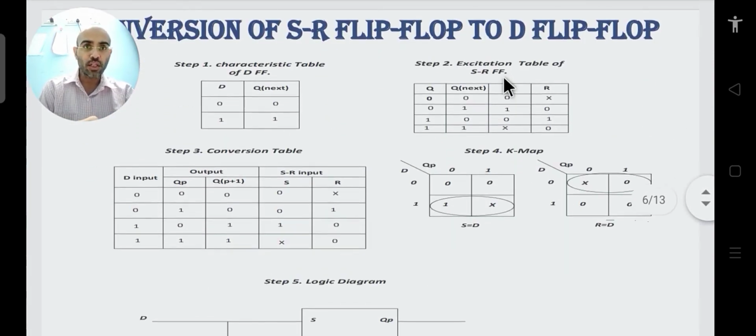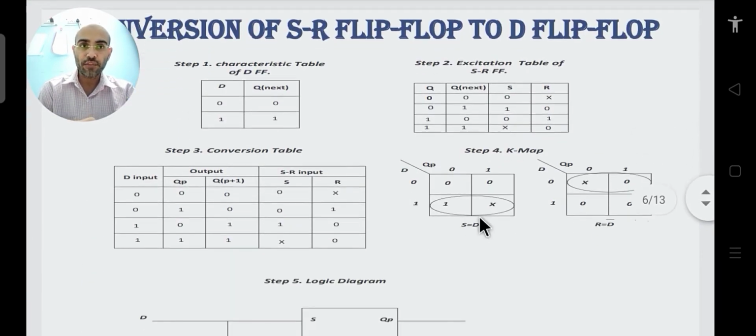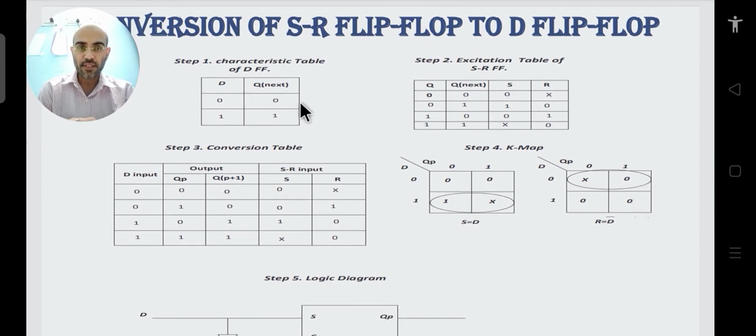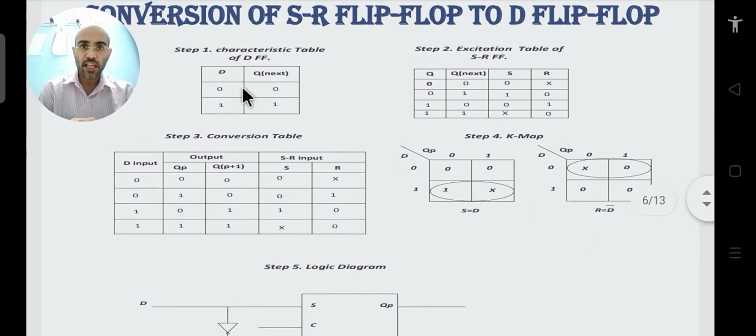Now let us understand the same procedure with the help of certain examples. Let's say we want to convert an SR flip-flop to a D flip-flop. So how to do it? The given flip-flop is our SR flip-flop and the desired flip-flop is the D flip-flop. For the desired flip-flop, we write the characteristic table. This characteristic table I have copied from what I have shown you in the first few slides. Then in step 2,